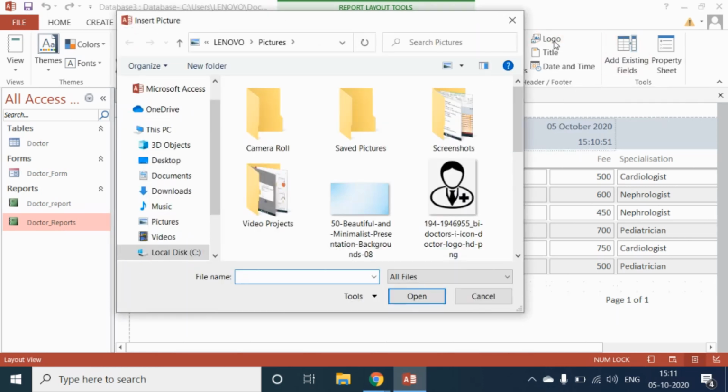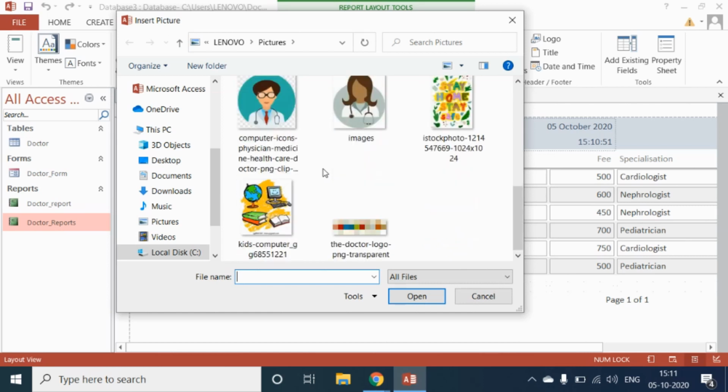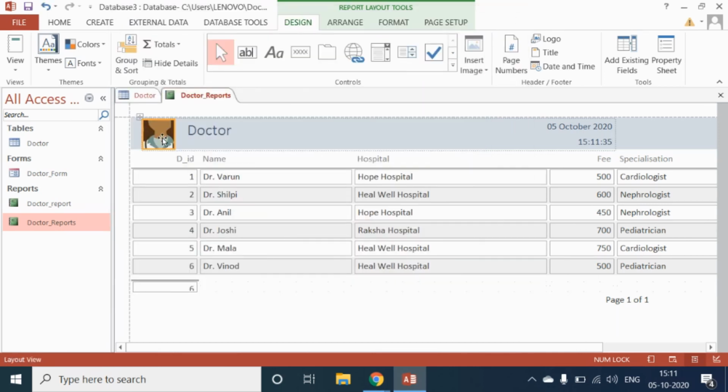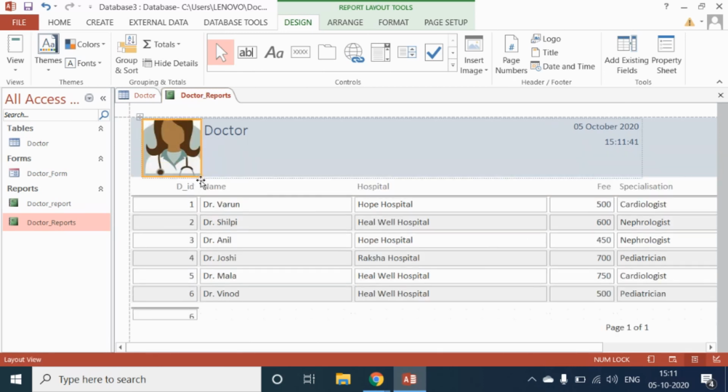Now the Insert Picture dialog box appears. Select any one picture of your choice and click on the OK button. You can see that our picture is inserted, and now resize it. Then go to the Header and Footer group and click on the Title option. Here you have to type details.